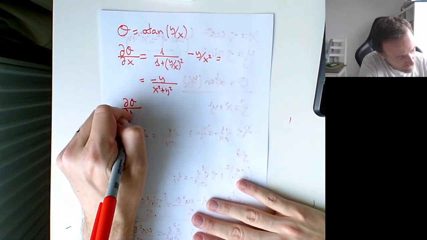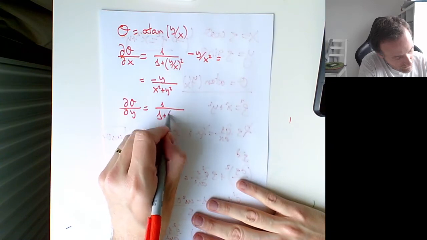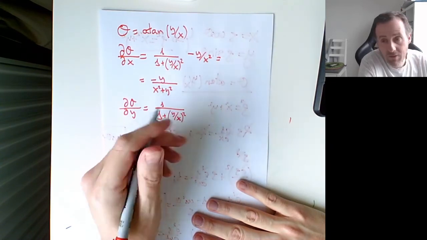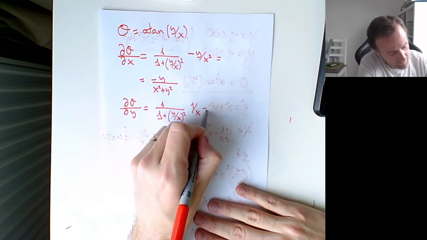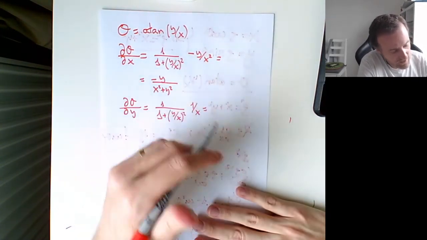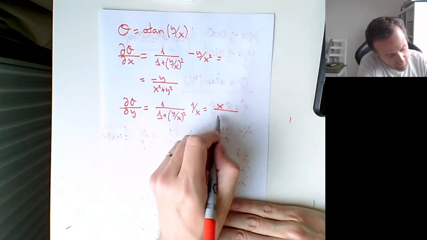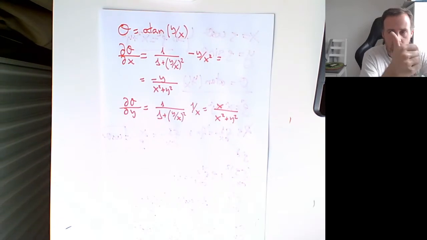d theta dy, similarly, what we get is 1 plus y over x squared. And now the derivative with respect to y is 1 over x. And then multiplying by x and dividing by x, what do we get? x over x squared plus y squared. Well,